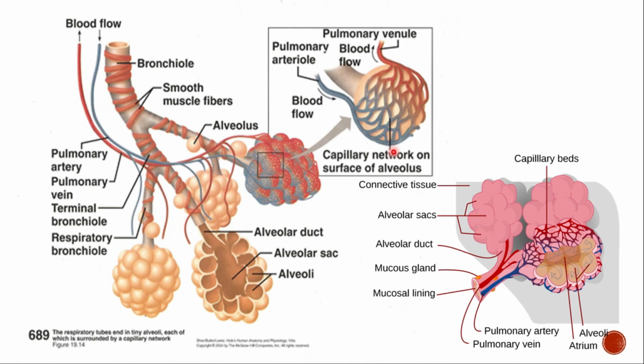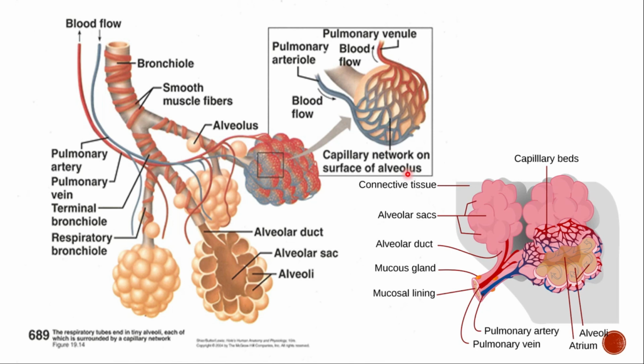As a result, being just one cell thick, the gases must cross through only two cells to pass between an alveolus and its surrounding capillaries. That is, one cell of the alveolus and the other cell of the capillary. The pulmonary artery, also shown in the figure,